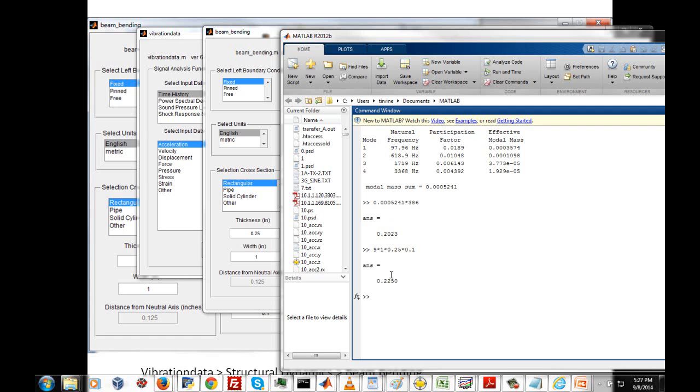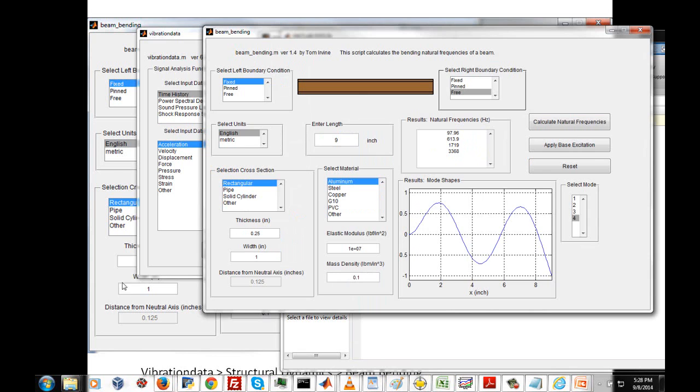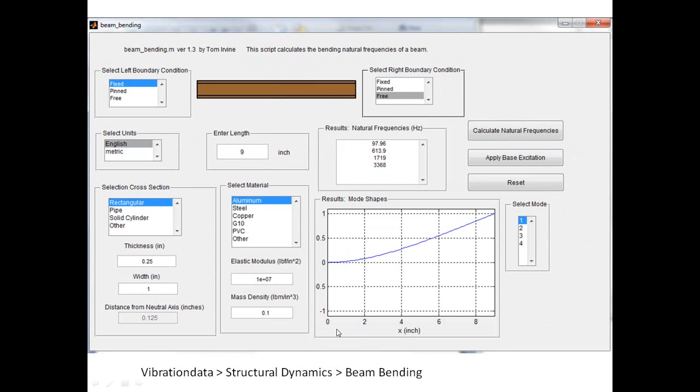So the actual total mass is 0.225 LBM. By including 4 modes, we get 0.2023 LBM. So it looks like we have about 90% of the modal mass with 4 modes. So that's saying we're good to go with 4 modes. Okay, let's go back to slides here, and I've got a pathway to get to this